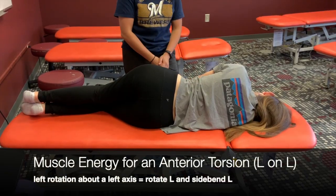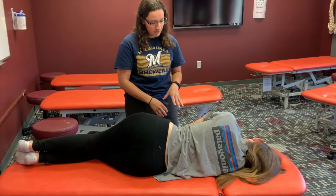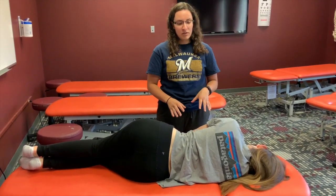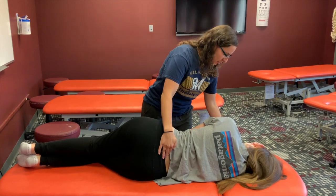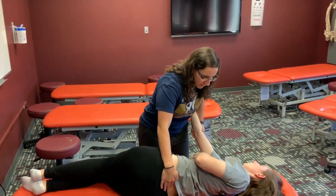This video is going to cover how to use muscle energy to treat an anterior torsion. Specifically, this patient has a left on left torsion. So we are going to need to rotate the patient left and side bend them left. So the first thing I'm going to do is monitor the segment. I'm going to rotate them left, so go ahead and grab my elbow and rotate until I feel it in